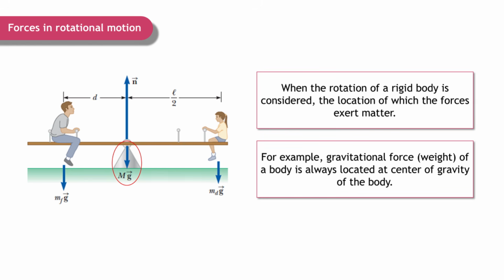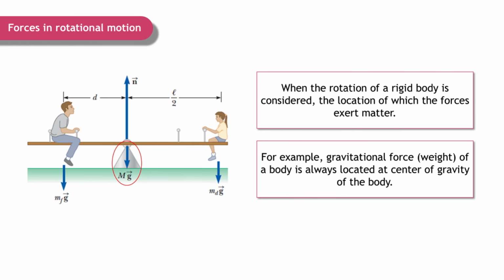In rotational motion, where a force acts is just as important as how large the force is. Consider the seesaw shown in the figure. Both people exert downward gravitational forces, but because these forces act at different distances from the pivot, they produce different rotational effects. Notice that the weight of the plank itself acts through its center of gravity, not at every point along the plank. Therefore, when analyzing rotational motion, we must always identify both the magnitude and the point of application